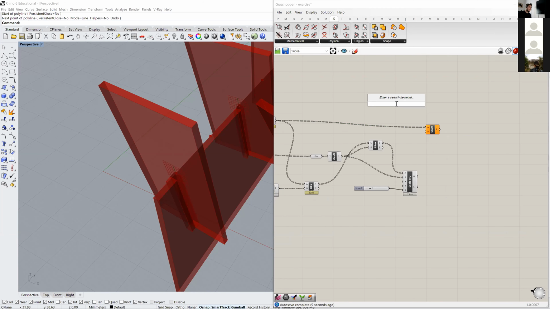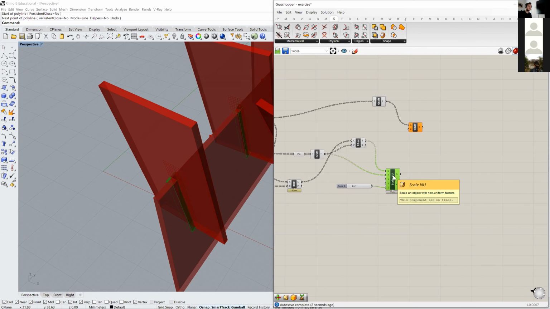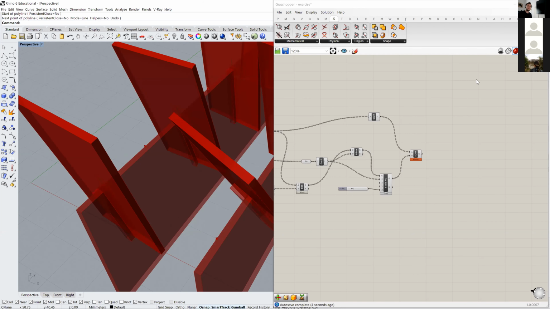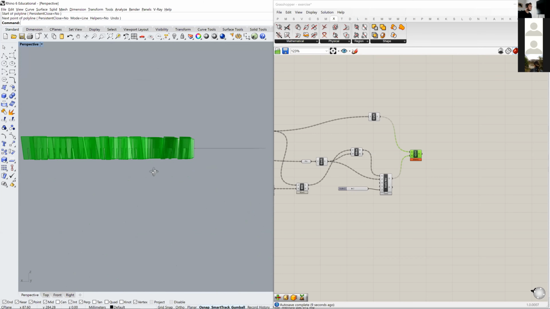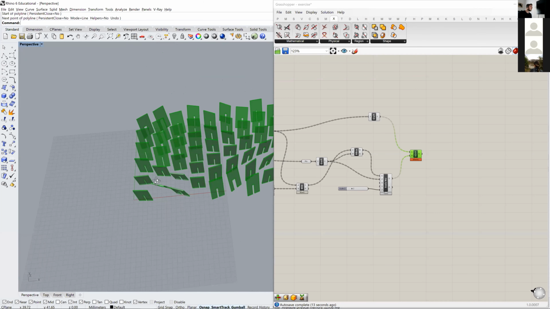And okay, also here I need to graft the data tree, and I can do the solid difference with these non-uniformly scaled structures. Right now, when I select just these items, you can see that we have generated the openings that have